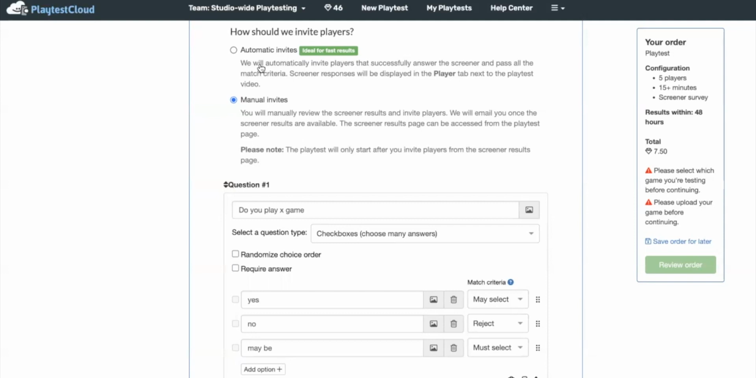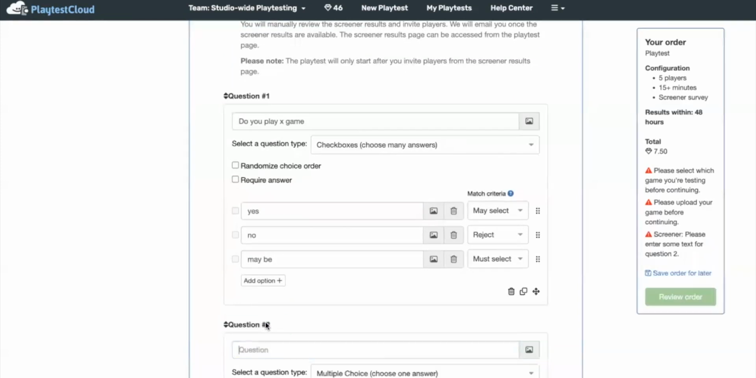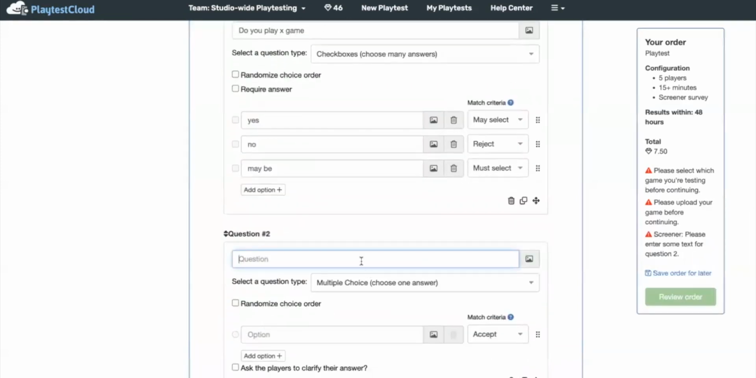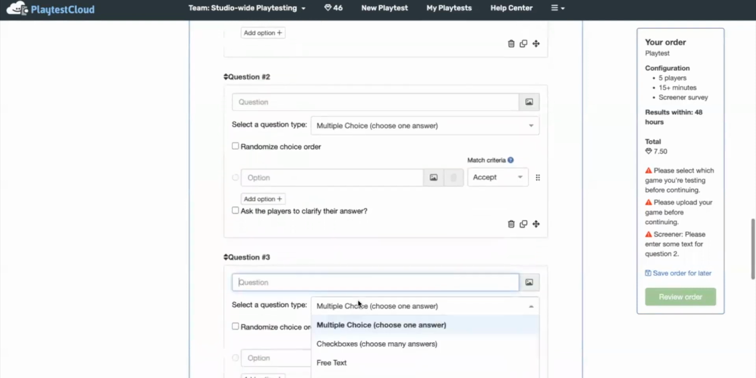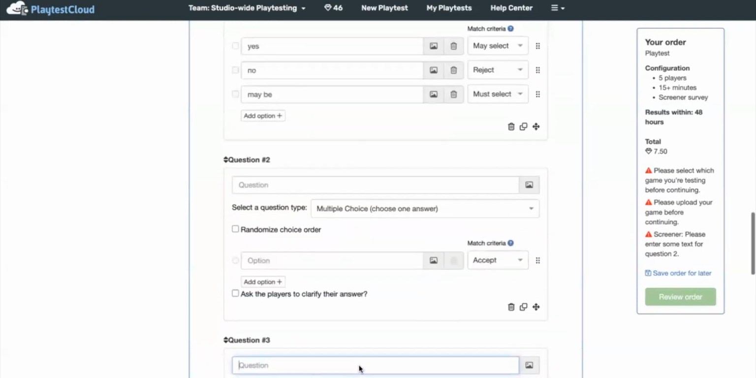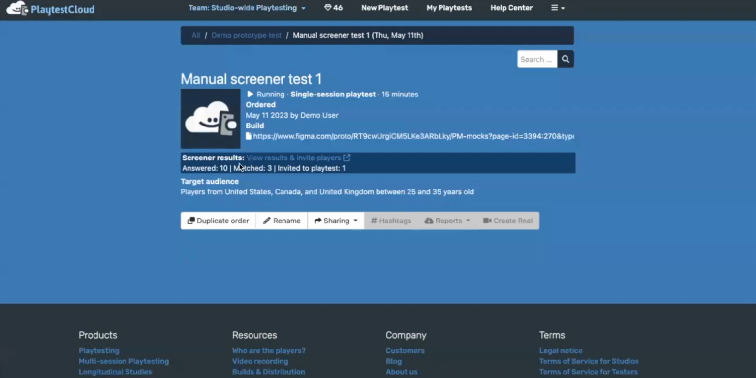All right. So once you've done this, let's say you've added a question here, which shows many options. You've added a single choice question. Like I said, you could also add free text or rating questions. Once you've done that and you've placed your order, what you will see is on your playtest page,